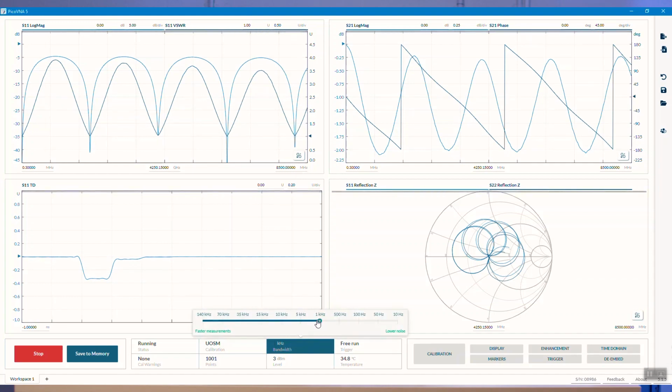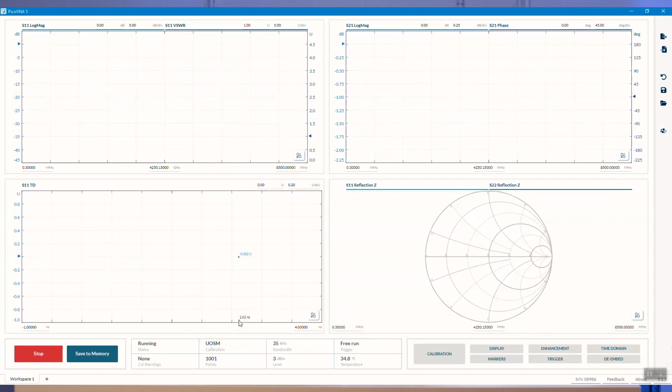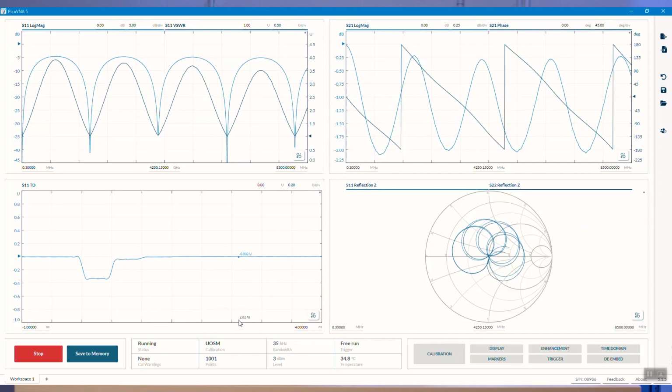I can speed up the measurement considerably by changing the bandwidth. And of course, straight away, I can see the impact of that. If I've got no noise, or very little noise, I might as well run the bandwidth that allows an update rate.